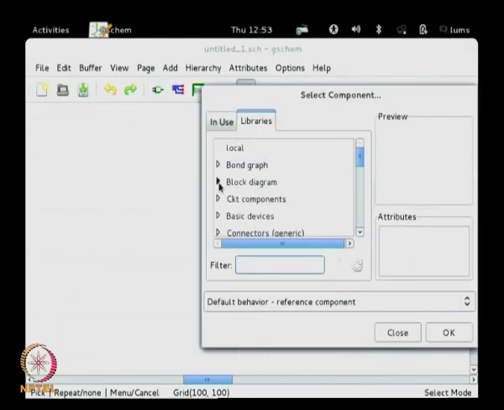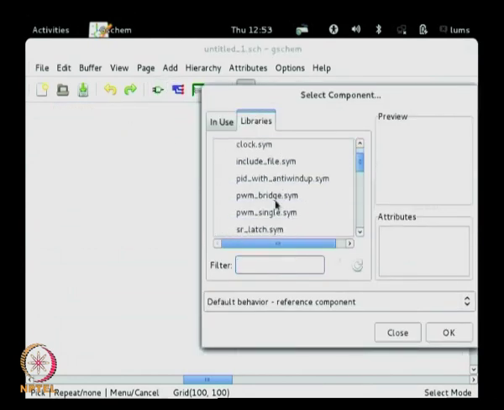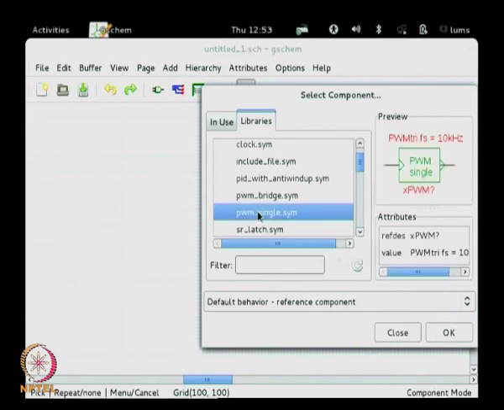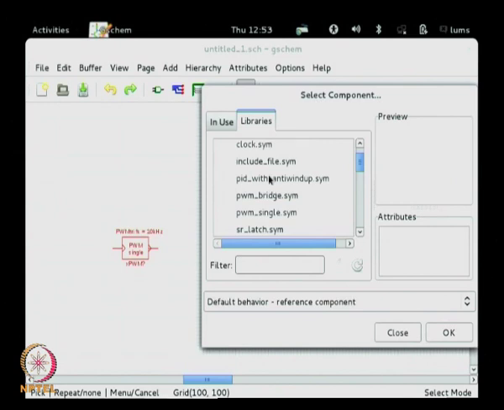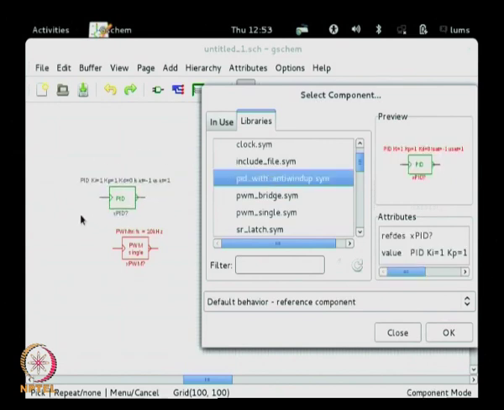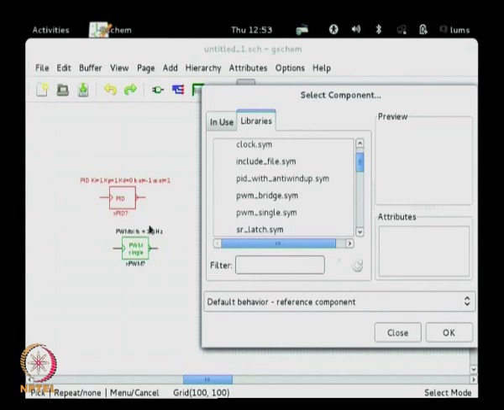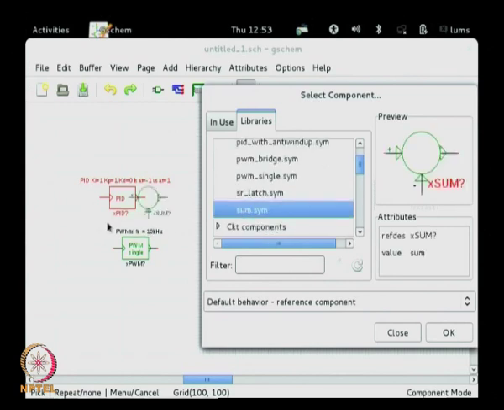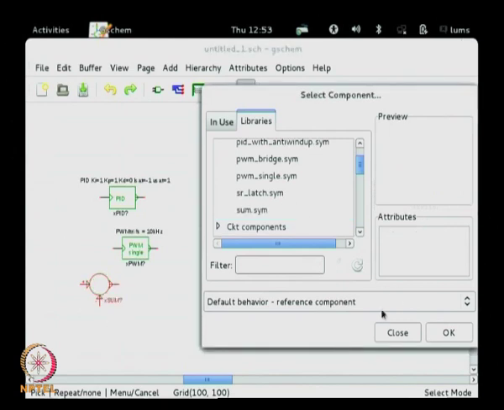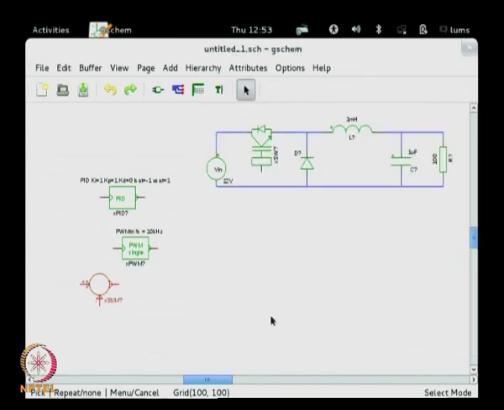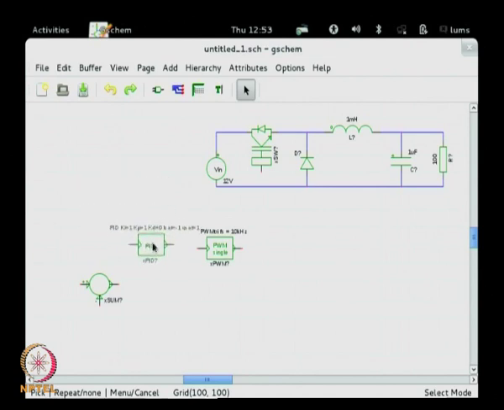So, let us take from the block first PWM, we need that, we need PID with anti wind up, we need that, we need compa block, we need that. So, let us quickly put them together like this,